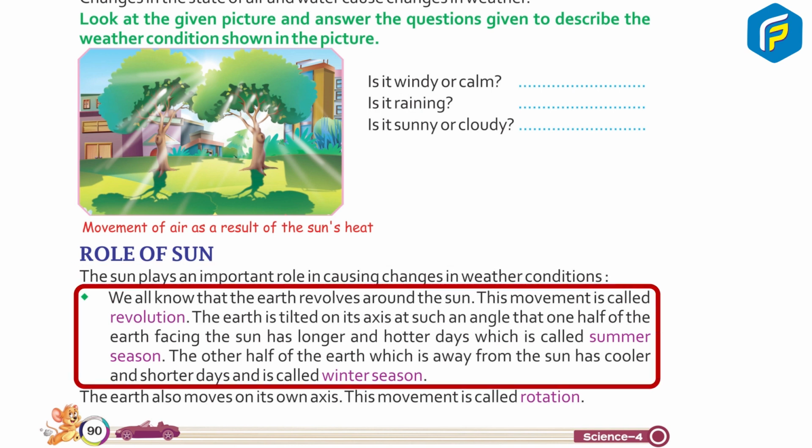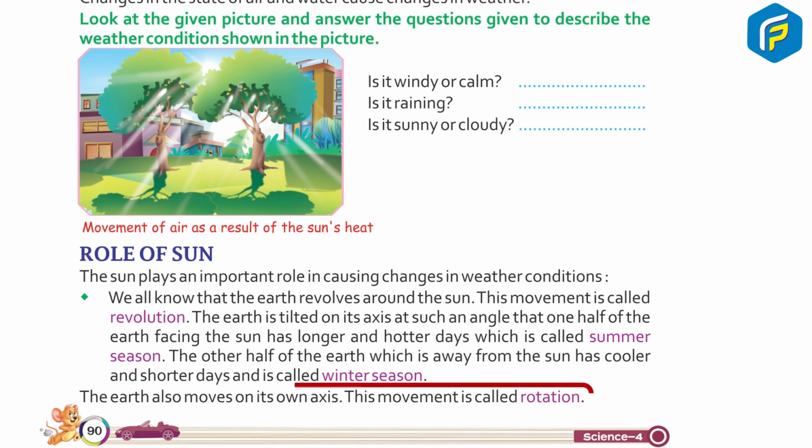We all know that the earth revolves around the sun. This movement is called revolution. The earth is tilted on its axis at such an angle that one half of the earth facing the sun has longer and hotter days, which is called summer season. The other half of the earth, which is away from the sun, has cooler and shorter days and is called